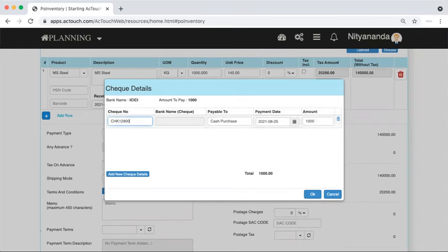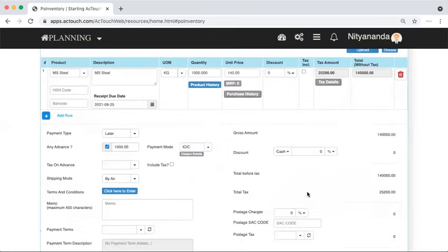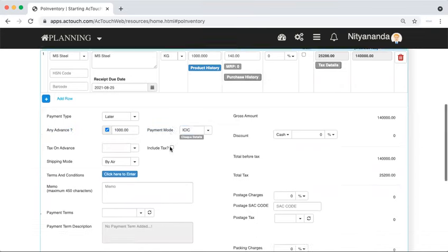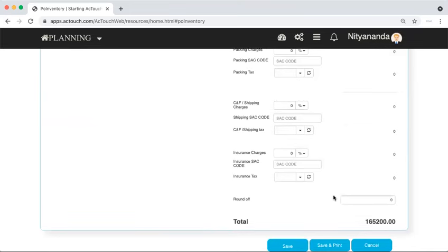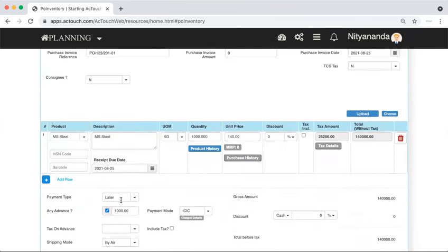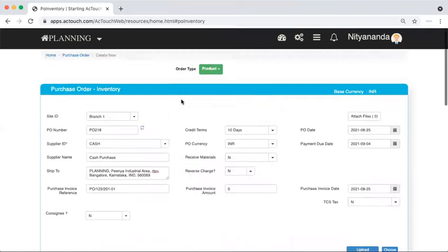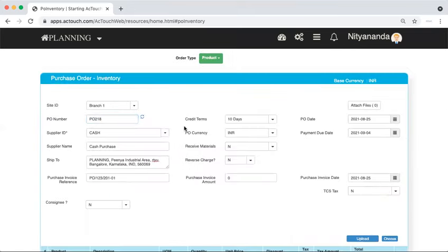If you have that number, you enter it, and the date of the check and the amount. So this is purely an advance. That means when you are going to do this particular purchase order, you have the option to say that you have raised the advance voucher also to the supplier, and the system keeps the record saying this 1,000 rupees was paid as advance against this particular purchase order here.